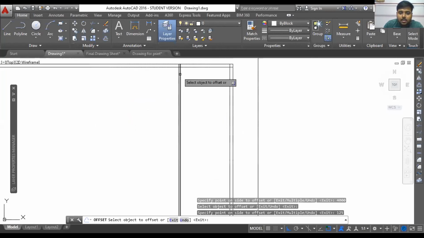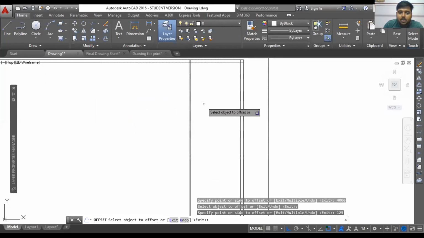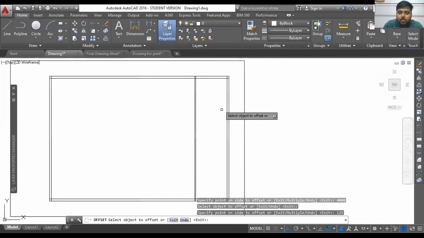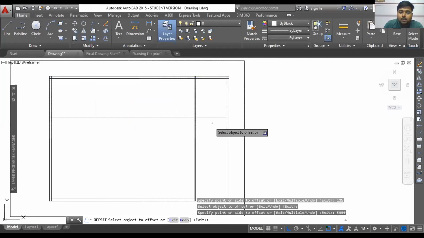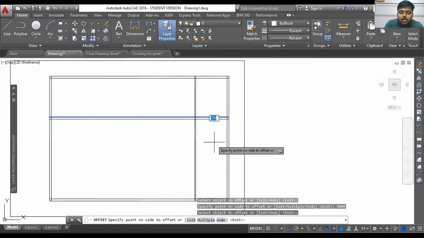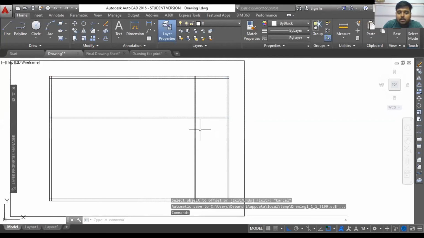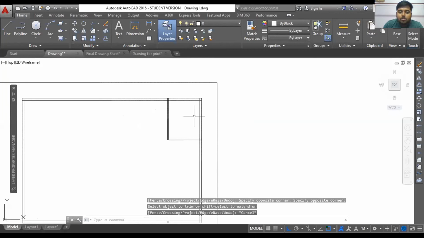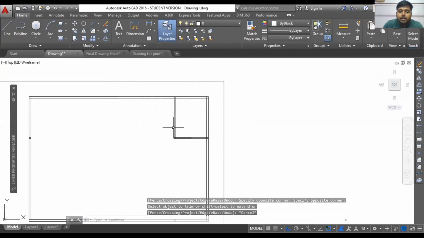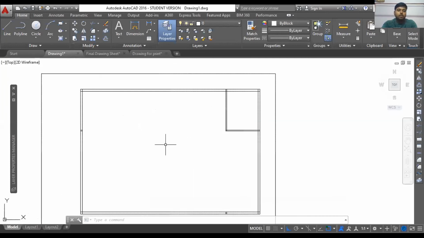You can see the thickness of the wall that is changing. Or maybe this particular room is also, you can say 3 meter width, or maybe 5 meter. Okay. So in that way you can draft. Then you can erase these lines. So your room, you have already made it. So this is a particular approach how you can draft your rooms.